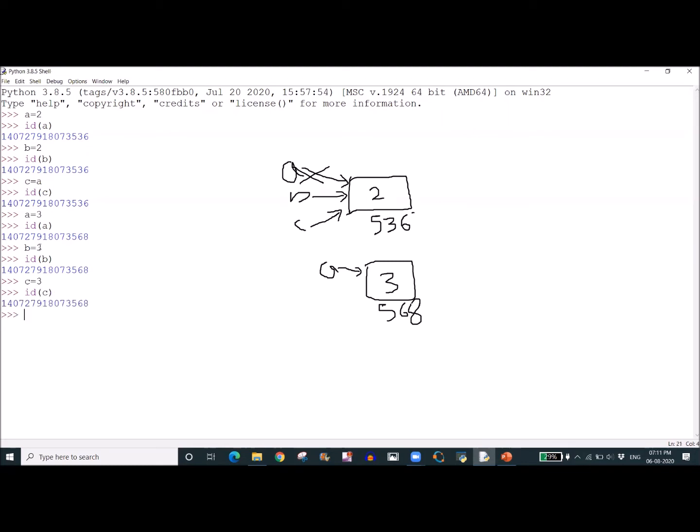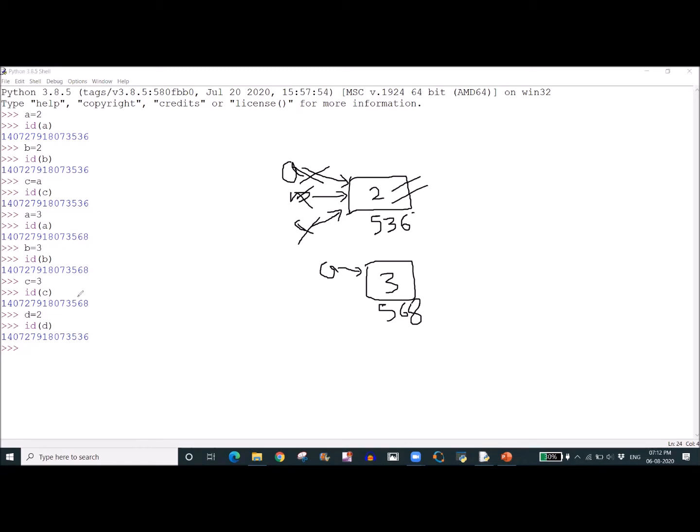Now what happens to this 2? No variable is tagging to it. We will check. Because no variable is tagging to this 2, I am giving a new variable d equal to 2. We will check the address of d. Still we are getting the same address. That means this 2 is still residing at that address location.